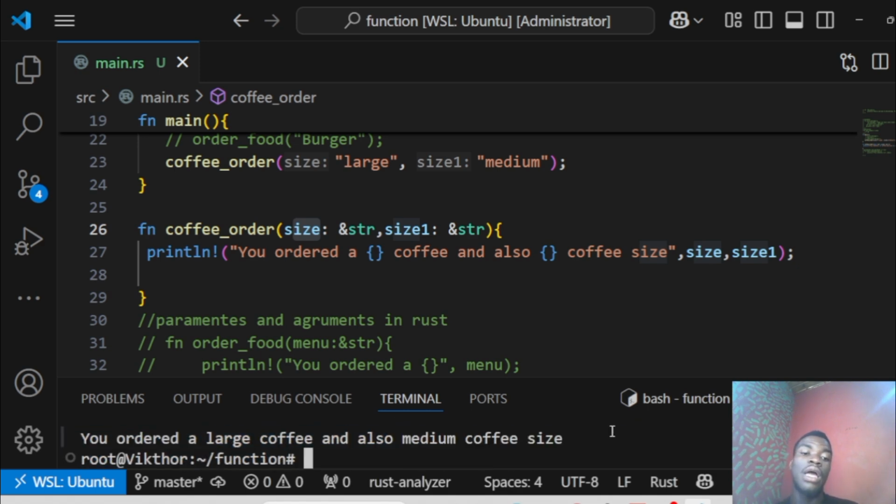So this is basically what multiple parameters look like when you're talking about multiple parameters in Rust language. And so the takeaway here is that what you have to take note of is the syntax. You have to have a variable name and a data type when you're talking about parameters. And when you're talking about arguments, arguments are values that are being passed here. Okay,